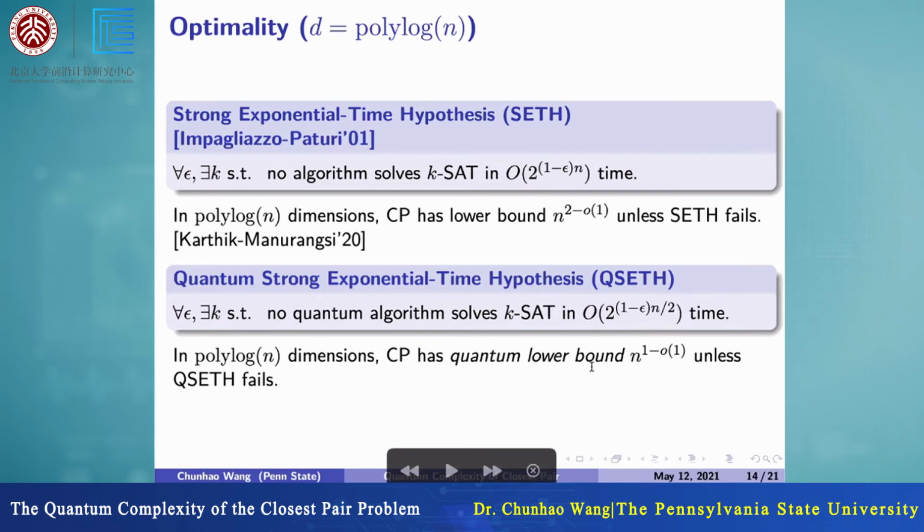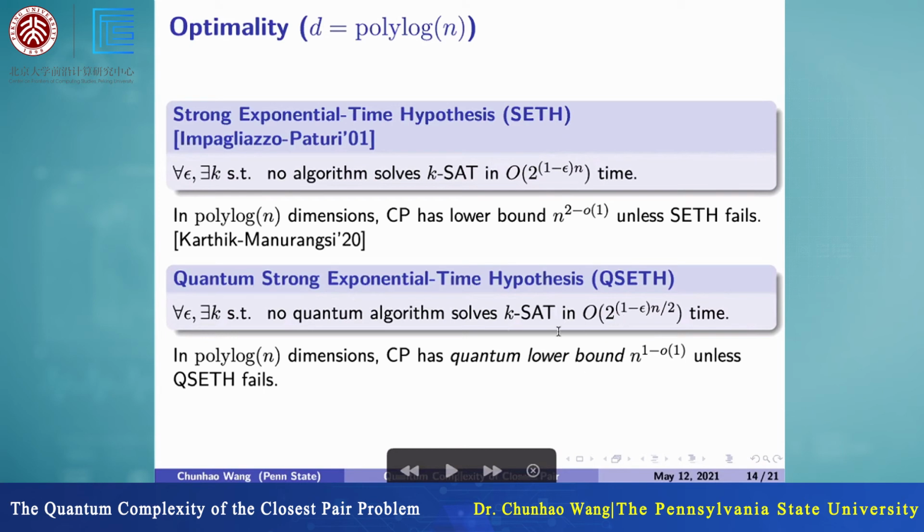So our result is that if you believe Q-SETH, then we can show that closest pair has a quantum lower bound that is near linear. In the rest of the talk, I'm not going to show the details of how we get to the lower bound, but I'll give you some ideas,